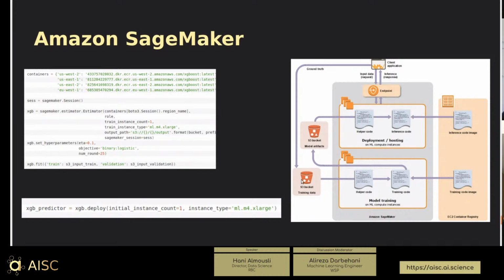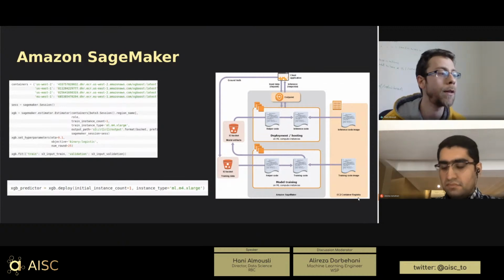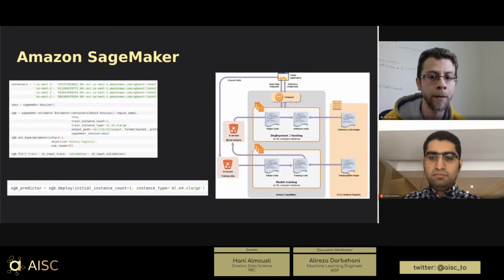So, going back to the diagram on the right, my data is on S3. What I have to provide from the beginning, let's assume I want to use an XGBoost algorithm that AWS has. Basically, every algorithm is already an image inside Amazon ECR, which is the Elastic Container Registry. On the right side, you can see the EC2 container registry. That's where Amazon saves all the images. It's somewhat like Docker Hub, where you put your images. Amazon has its own registry. The first thing is that your image or your code for the algorithm has to be on the ECR.